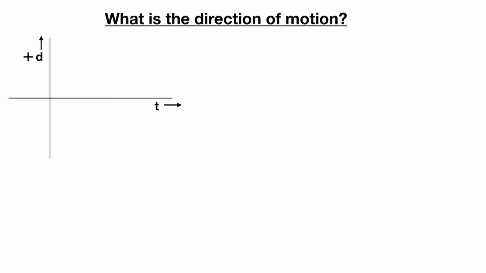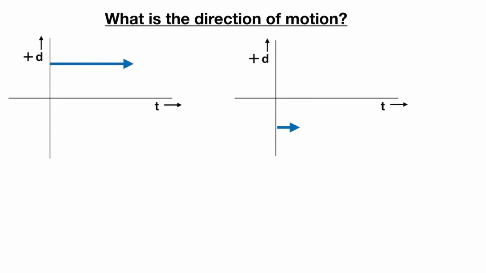In this displacement time graph, you see a horizontal line. I know you know that displacement is not changing with time. That means the object is at rest. Similarly, if I give you this graph with negative displacement, it means the object or car is at some negative distance from my original point or reference point, and it's not moving anywhere, it's staying there.